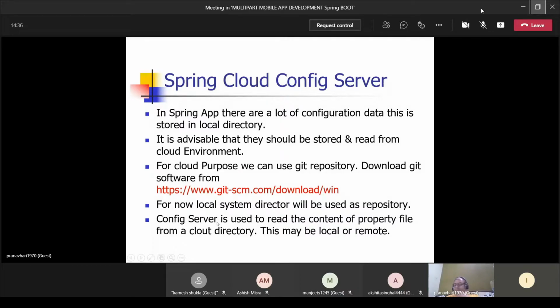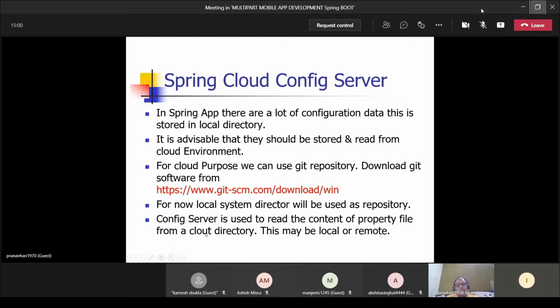Now we have to create the deployment tools. For that we have to create a config server, right? That will read the content of the property file which we have used to configure our information from a cloud directory. There is a bit of spelling mistake here.